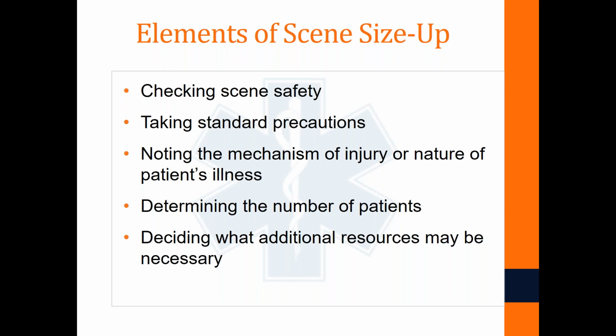Especially if we have one really sick patient. And a critically ill or injured patient is going to take all of your focus and all of your attention, and there's really no two ways about that. So the minute you have one critically ill patient and one only sort of ill or injured patient, you have too many patients. So that's where we decide that we need some additional resources, whether it's more ambulances, another fire